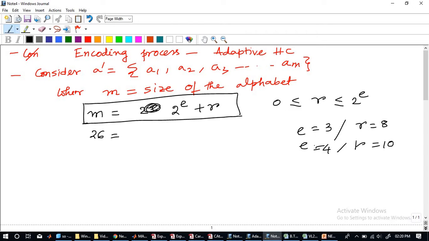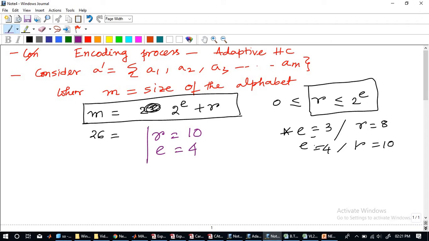Why? Because if we check, the first one is also satisfying the condition. But R should be sufficiently less than 2 to the power E, and that is not being satisfied. Is it not? So that's why, although the star marked option satisfies the equation, we can't choose it. So please make a note of it: R is to be considered as 10 and E as 4.